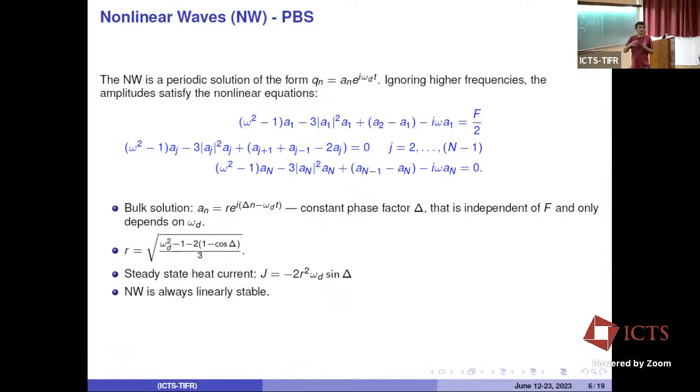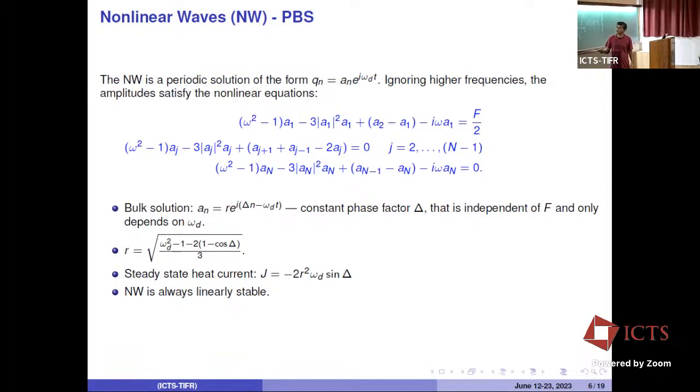So it's just cos(kx minus omega t), and there's an amplitude which is related. If you plug this solution into the bulk equation here, you find that this amplitude is related to the frequency and phase in this way. This is very accurate. If you compare with the numerics, this works extremely well.